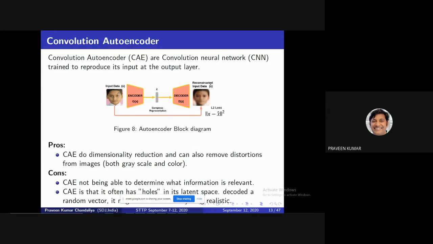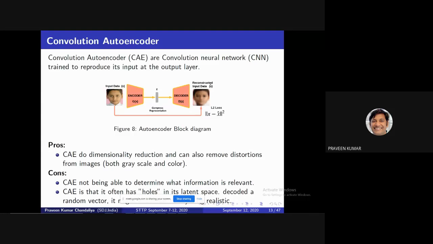It takes your input image and converts it into a compact representation. The technical term for this compact representation is Z, the latent vector, or sometimes the hidden vector representation. This 128 by 128 by 3 size is converted into 50 values. Then from these 50 values, we again generate the image. This generation is performed with the help of the decoder.